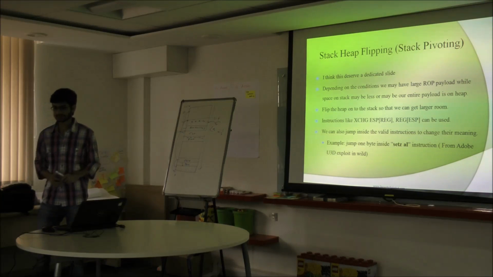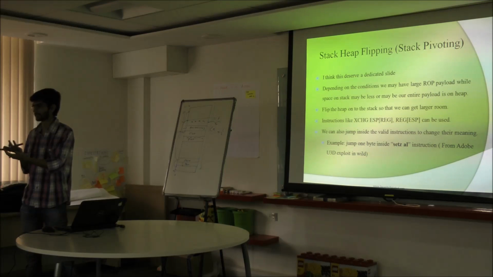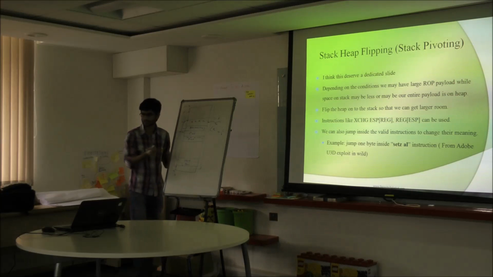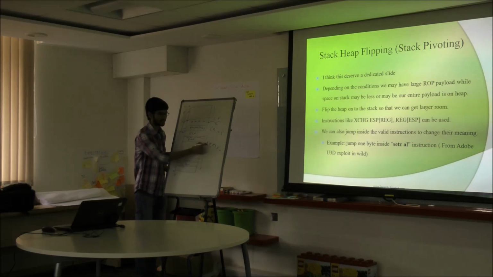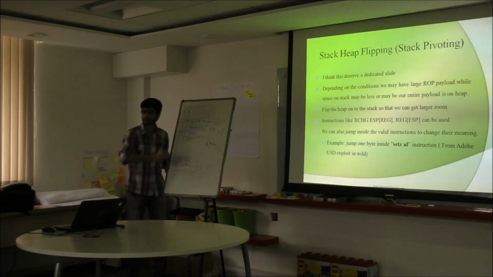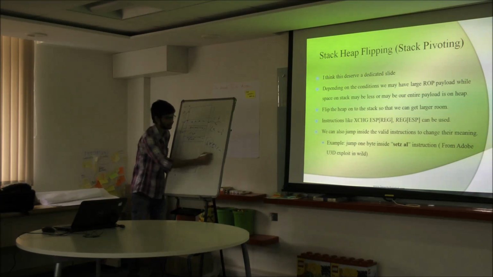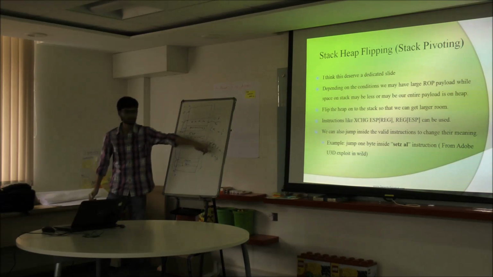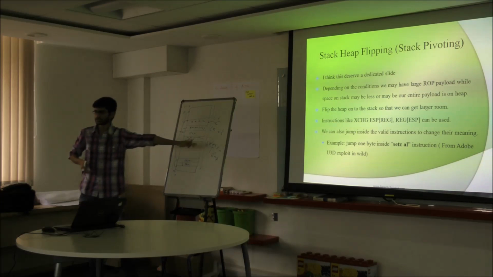Because any processor works on the opcode. If you change the opcode, it will change the instruction. For example, let's say a call instruction is E8, some 89 90, something like that. E8 stands for the call instruction, so it assembles into a call. But if you land on the A9, then A9 maybe means jump. So it will change the instruction to a jump because it will pick up another memory and convert the instruction that way.